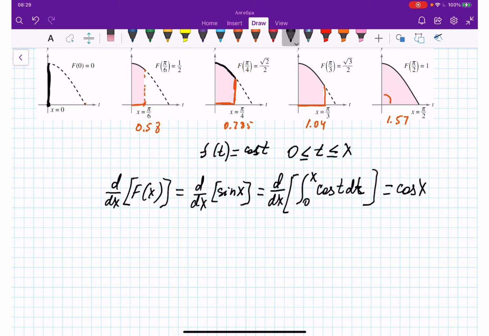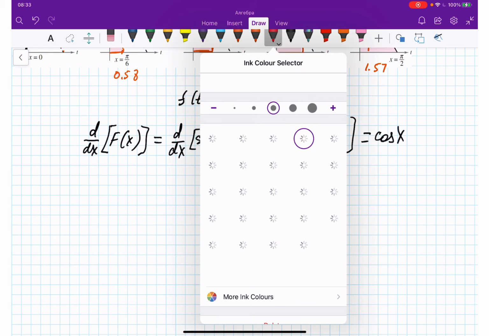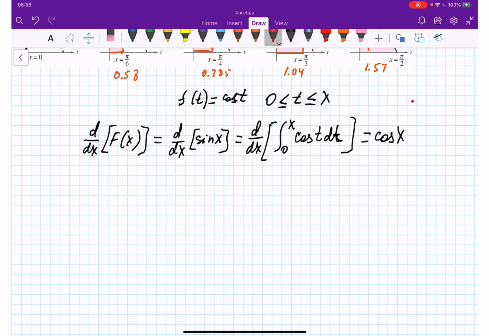So the second fundamental theorem of calculus says that if f is continuous on an open interval that contains a, then for every x value in that interval, we can write down, let me take thicker, we can write down that d by dx,